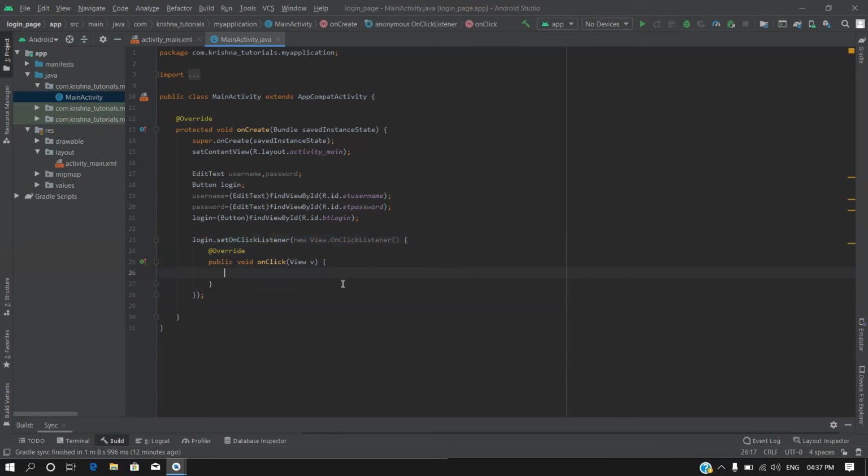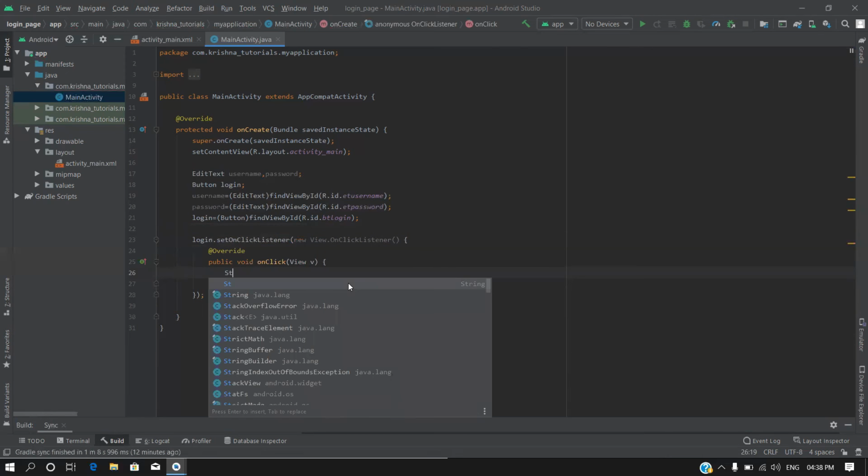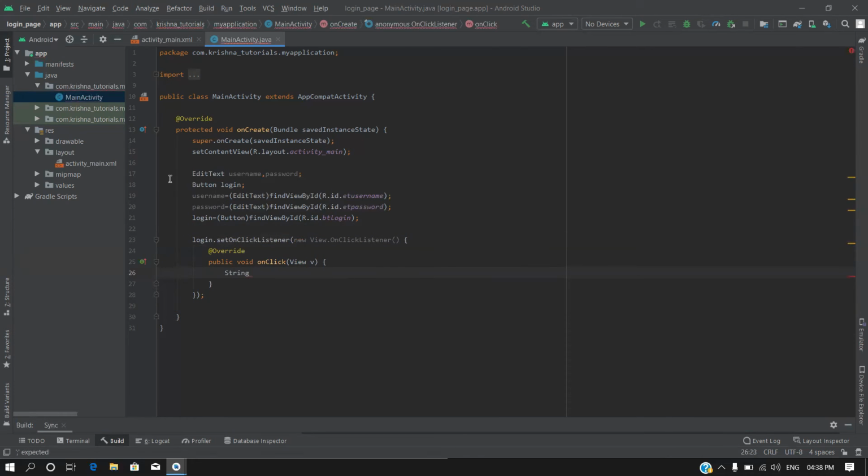Once we are implementing some logic in this, we are going to convert this taken input which is of type edit text, and this password is also of type edit text. I want to convert these edit text into strings, and check whether the username and password I define are present in the given input from the user.